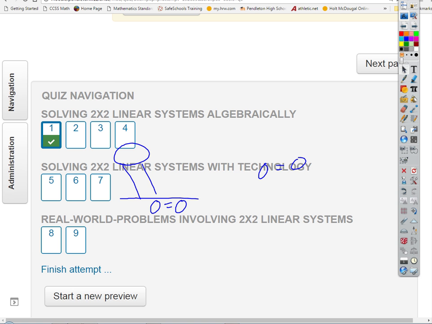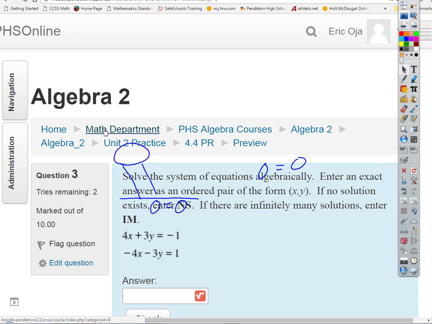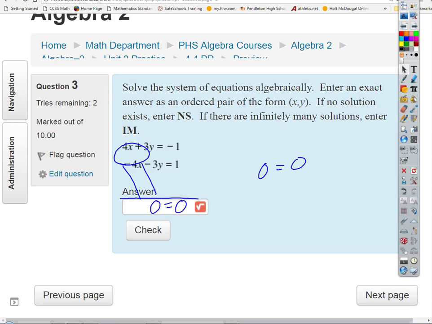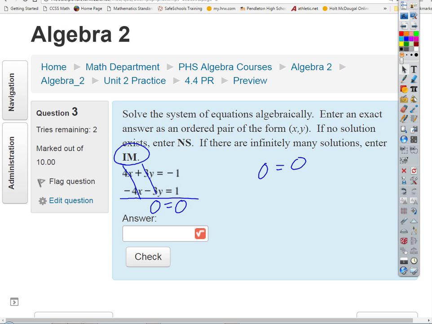So for this problem, we end up with the answer 0 equals 0, which is always true. And so that means there are an infinite number of places where the two lines cross. Well, how can that happen? Lines, really, there's only three things that can happen with lines, right? Lines can either cross in a single point,